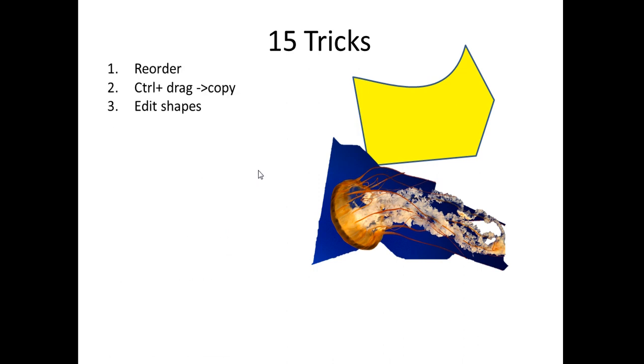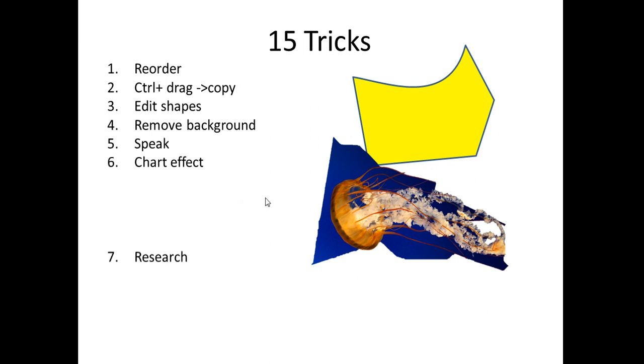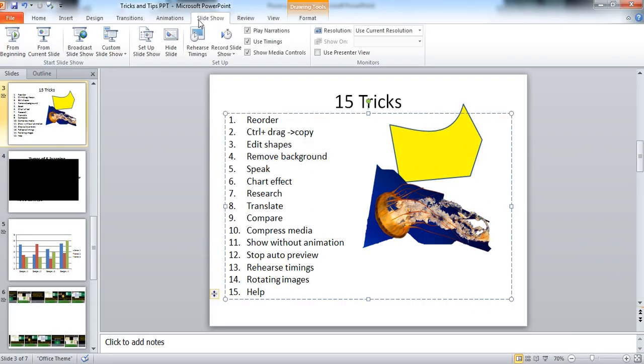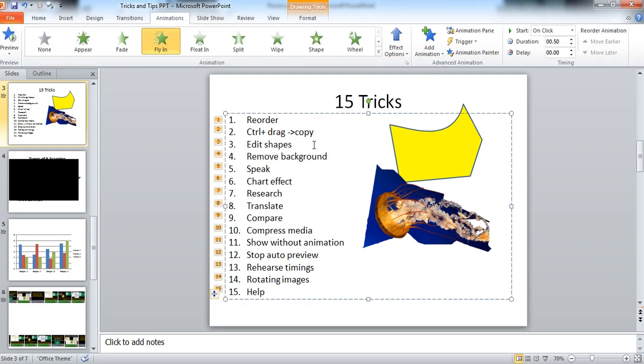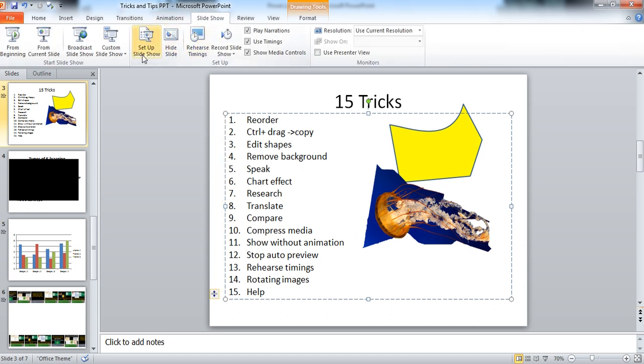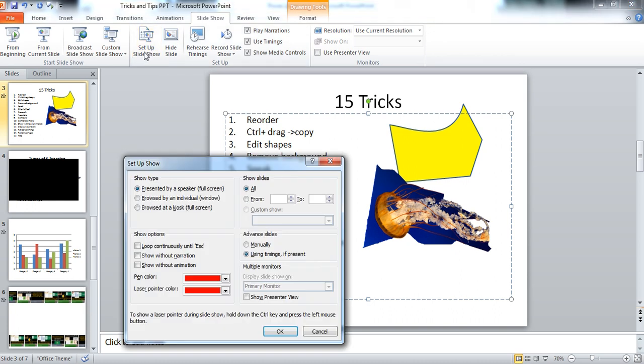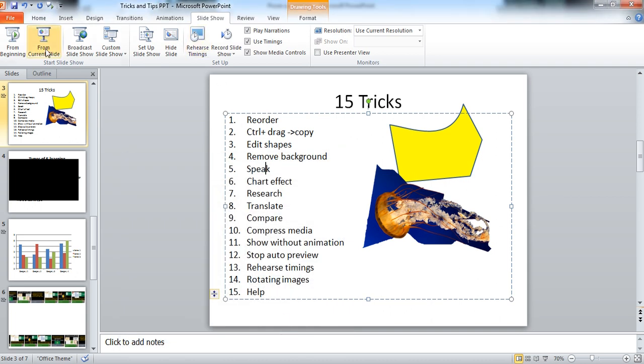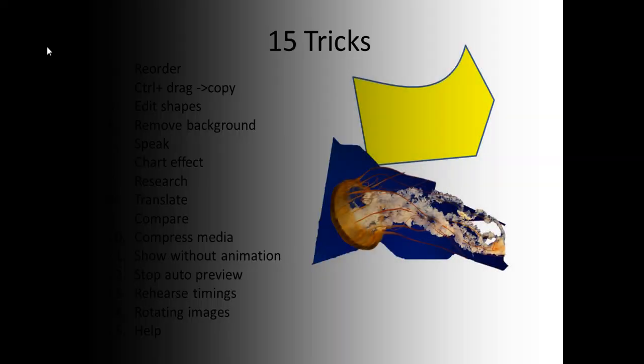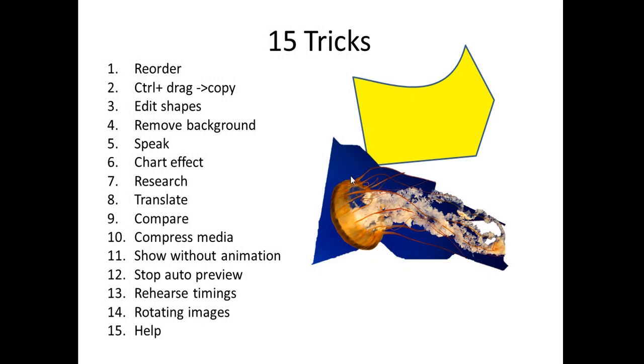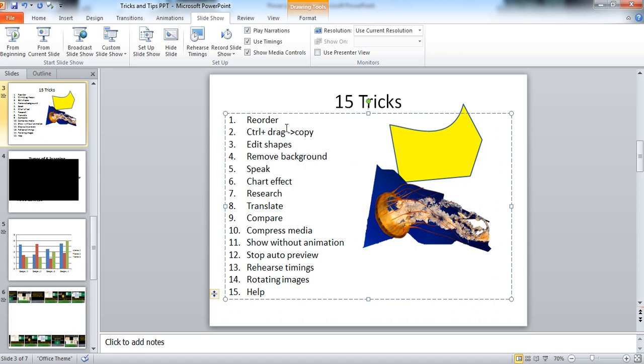But sometimes you need not show these different animations in some presentations. At that time, don't select and cut all the animations. Only manage your slideshow. Go to Slide Show, click on Set Up Slide Show and only select Show without animation. Okay, click on the OK. So when you click on From Current Slide, it displays the whole slide, whole content at the same time. Okay.